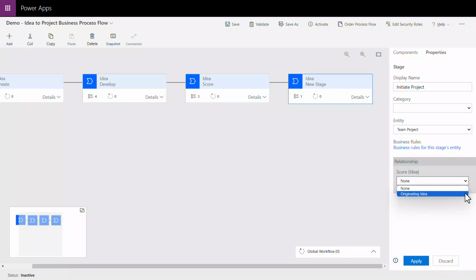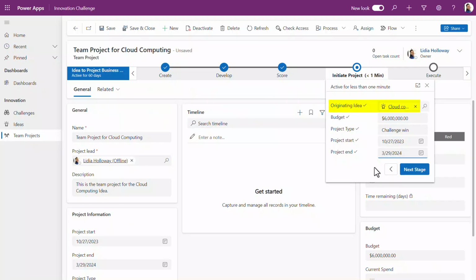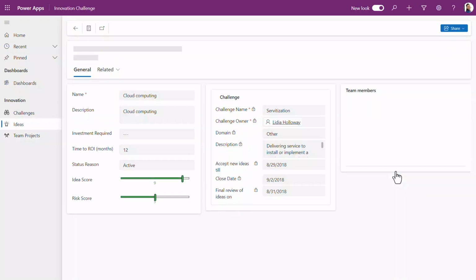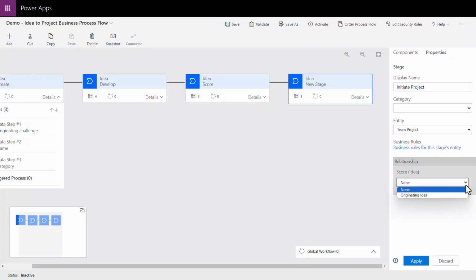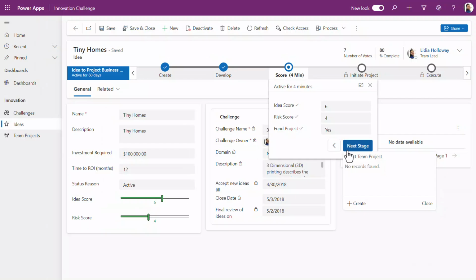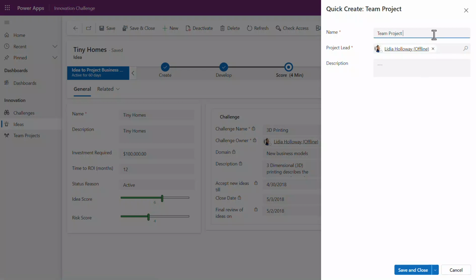If I select this column, I'm enabling the user to link the project team row to a parent row from the ideas table. This is handy when I want to move back from a project team stage to an idea stage. If I select the relationship field as none, it means each time a user moves from an idea stage to a stage that's associated to the secondary table of project team, they are required to create a new project